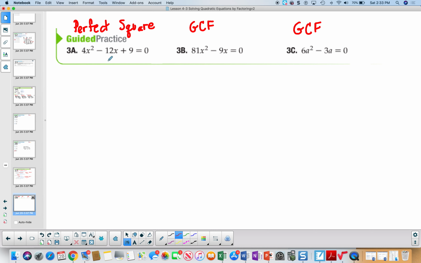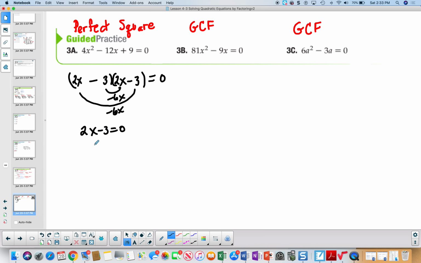Okay, so let's go ahead and practice again. I can tell this is a perfect square trinomial because this is a perfect square and this is a perfect square. So I know that this is the double of the terms there. So I'm going to split this up, 2x, and I'm going to split up 9, 3 and 3. And they both have to be the same. They're both minuses because a negative times a negative is a positive. I'm going to check my answer. The outer is negative 6x, the inner is negative 6x, and that's exactly what I have here. So I'm just going to set one of them equal to 0, and when I get that, here's my answer,